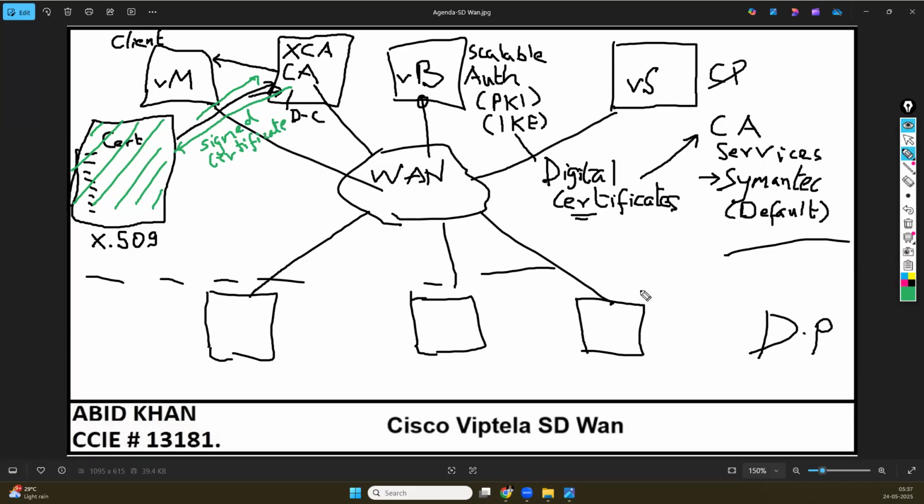So like this, all the components we manage, vBond, vSmart, all the managers, must have what? The signed, authorized, valid digital certificates. Then any two components, when they communicate with each other,